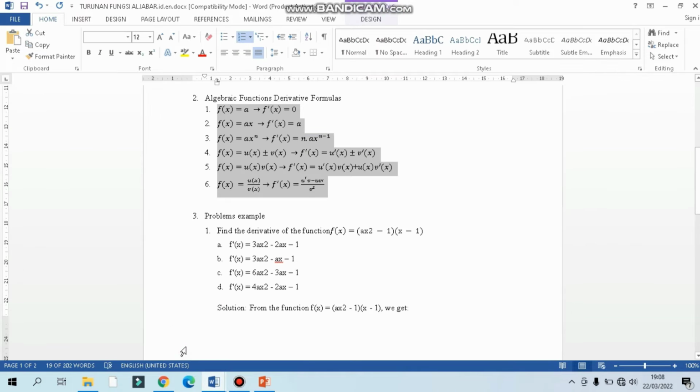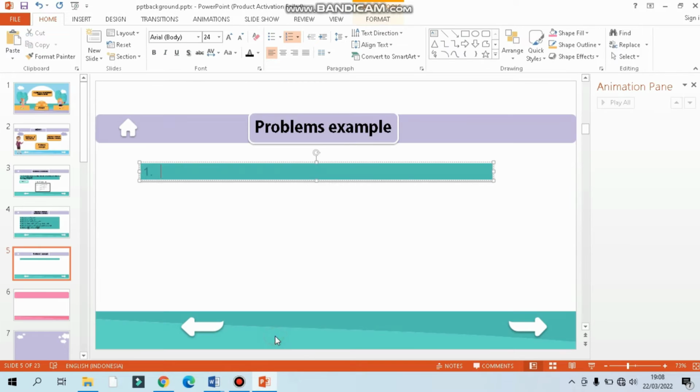The problem example I have is: find the derivative of the function f(x) equals ax squared minus 1, x minus 1.